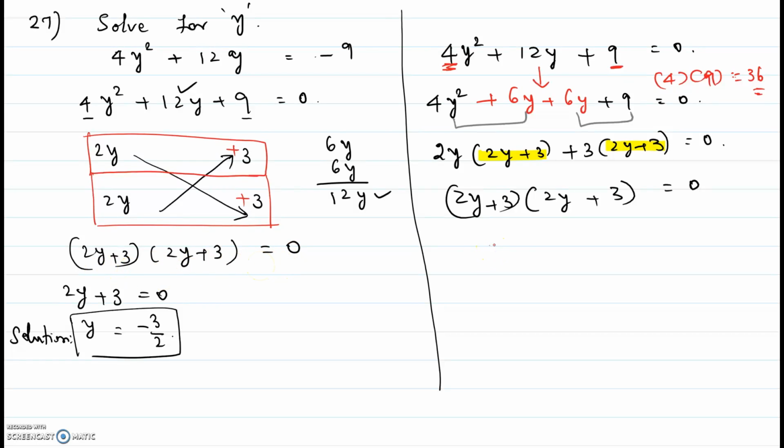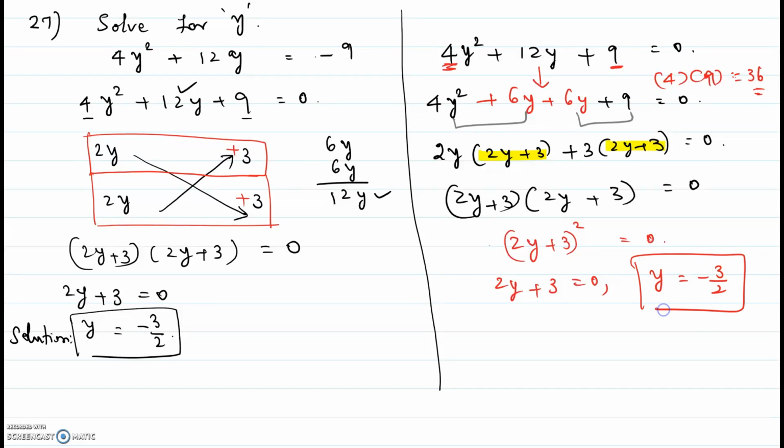So (2y + 3)² = 0, or 2y + 3 = 0, which means y = -3/2. The solution is the same, but you can do them in two different ways. Hope this video